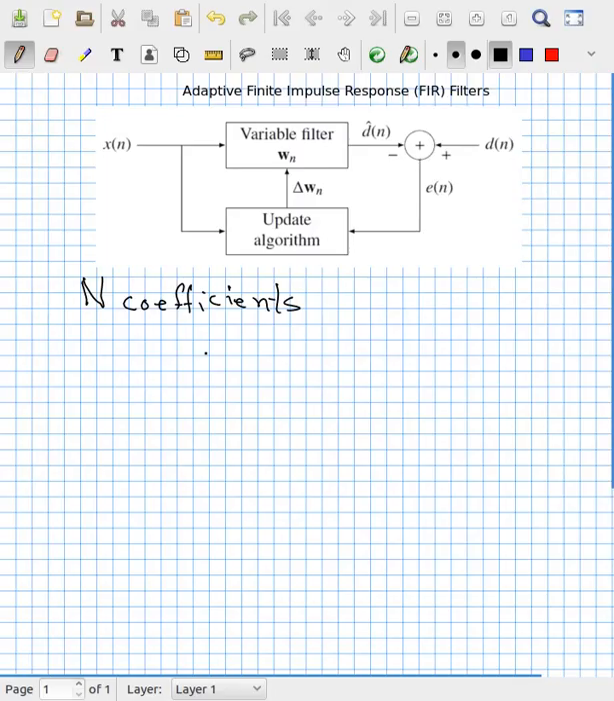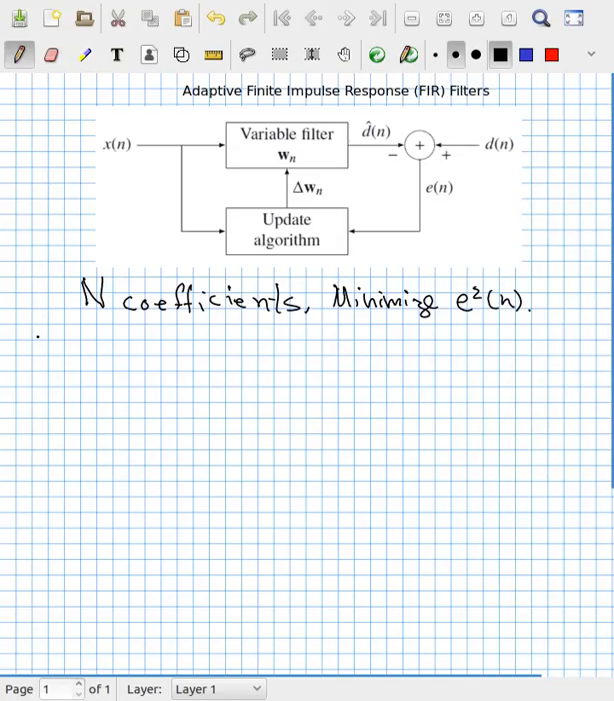So what we'd like to do next is try and figure out how to do this update algorithm here. The update algorithm will want to minimize this error. In fact, what we'd like to do is probably minimize the squared error, e squared of n. So let's just put that: minimize e squared of n, and we're going to do that instead of e of n,